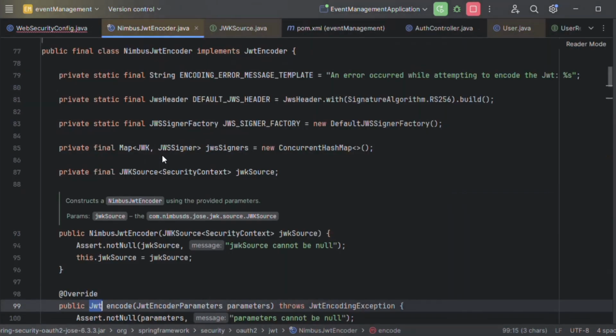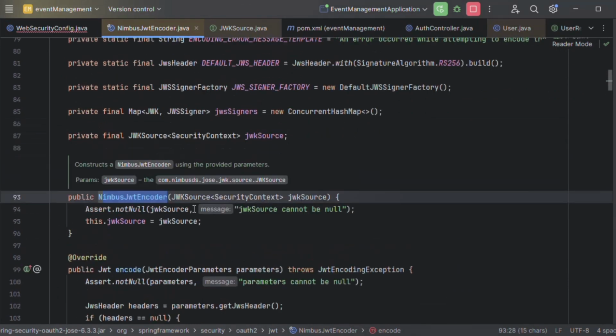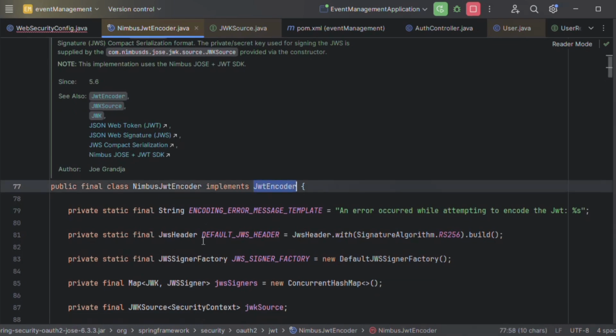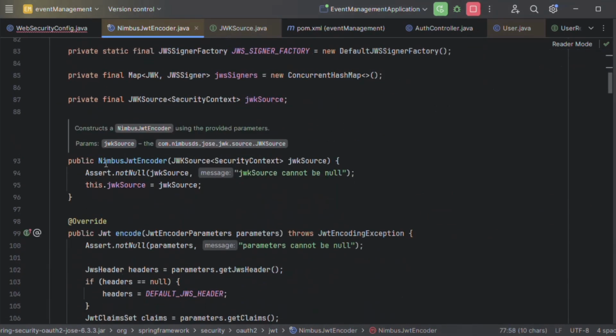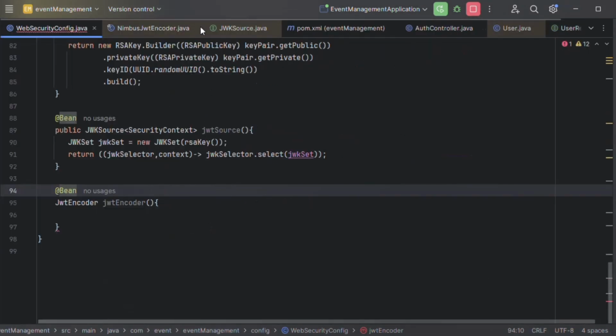Yeah, this is the Nimbus JWT encoder class. Here if you see, this class implements the interface JWT encoder. It will take this JWK source as a parameter and set the value for the JWK source.